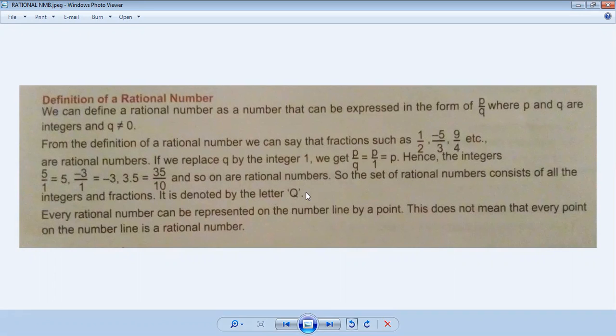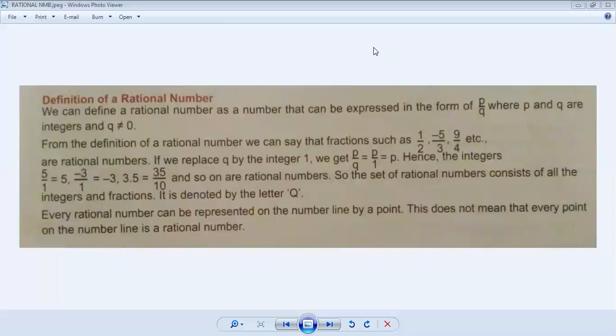Do not worry, when we look at the examples of exercise 2.1, it will become clearer what exactly rational numbers are, how to identify them, and what the points are where you can distinguish between rational and irrational numbers. I hope you are getting what basically rational numbers are.